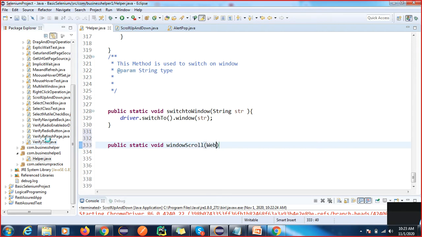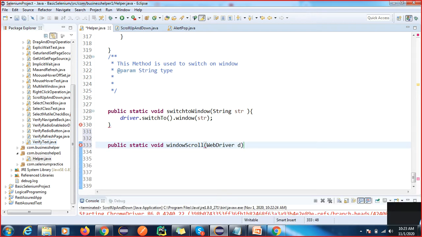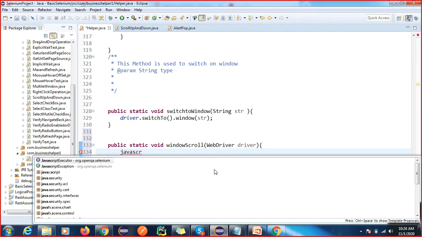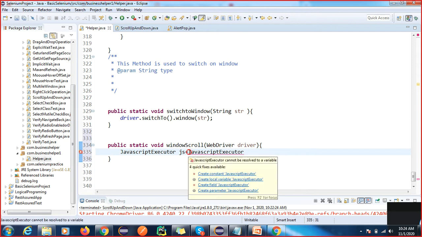Here we are going to pass the local driver. Okay, here again we have the JavaScriptExecutor, js equal to new JavaScriptExecutor.